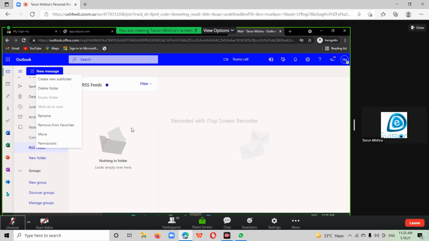Okay, because in RSS feed, when you right click, you will get Add a New RSS Feed, and you can add what you want to add. You want to add music, you want to add video, so you can add an RSS feed. Like a new folder, no? The name is movie, I'm adding movie name.